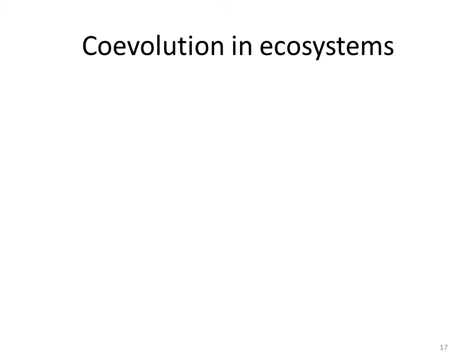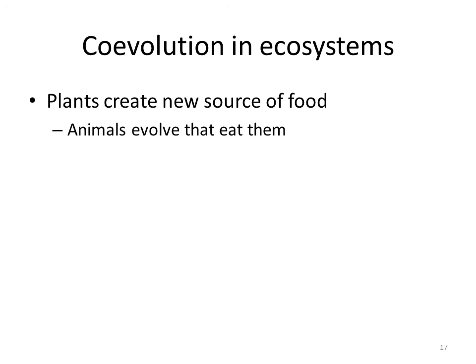An old example would be when plants became abundant, creating a new source of food. That changed the environment, creating new opportunities for animals that could take advantage of the plant's new capability by eating the plants. A few billion years ago, there was very little oxygen in our atmosphere, and so the environment was